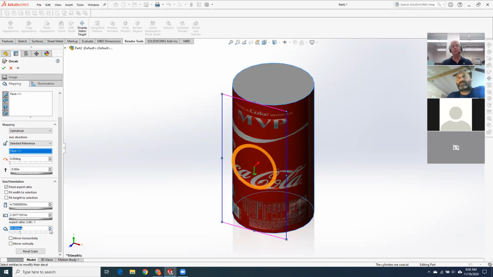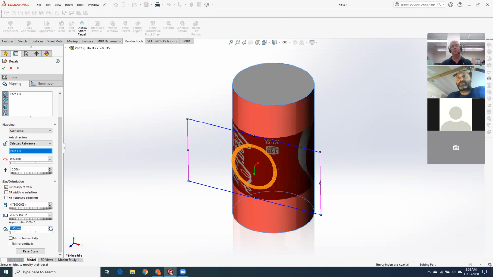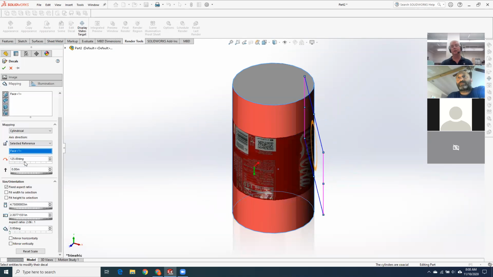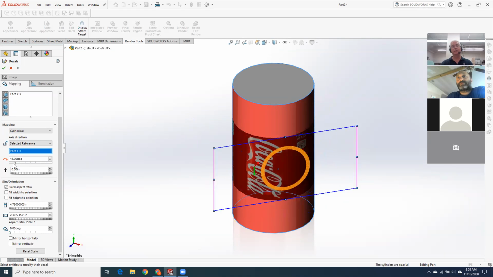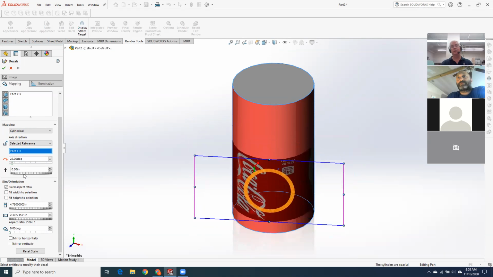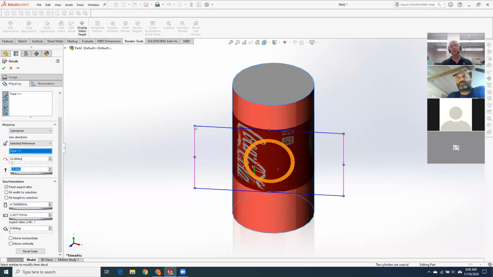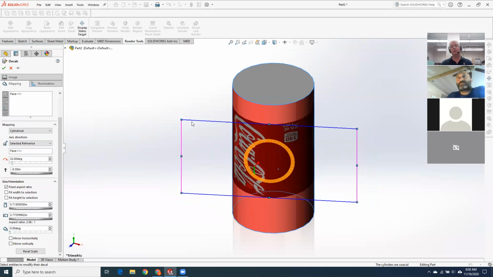It does help to use the up and down arrows. Oops, that doesn't look right. Okay, let's change it to 0. Okay, that's a little better. So I'll make that 0. And you can do all kinds of fun stuff. You can rotate it around the cylindrical surface. We can move it up and down. Oddly enough, you can do this stretch. The one thing you can't do,